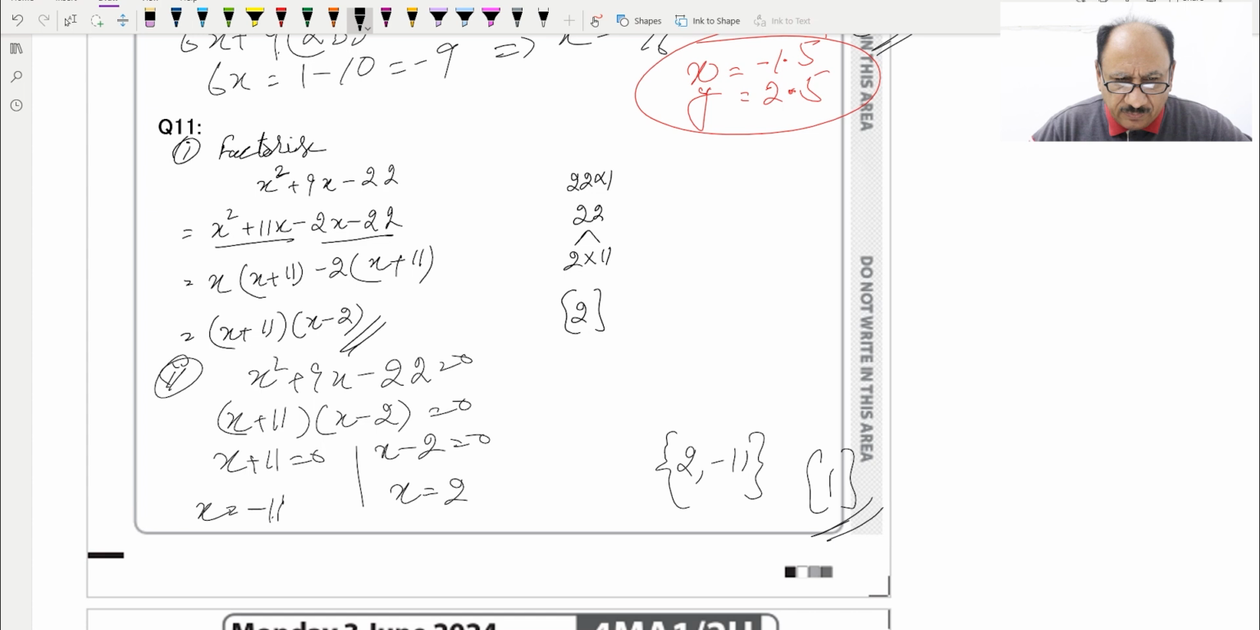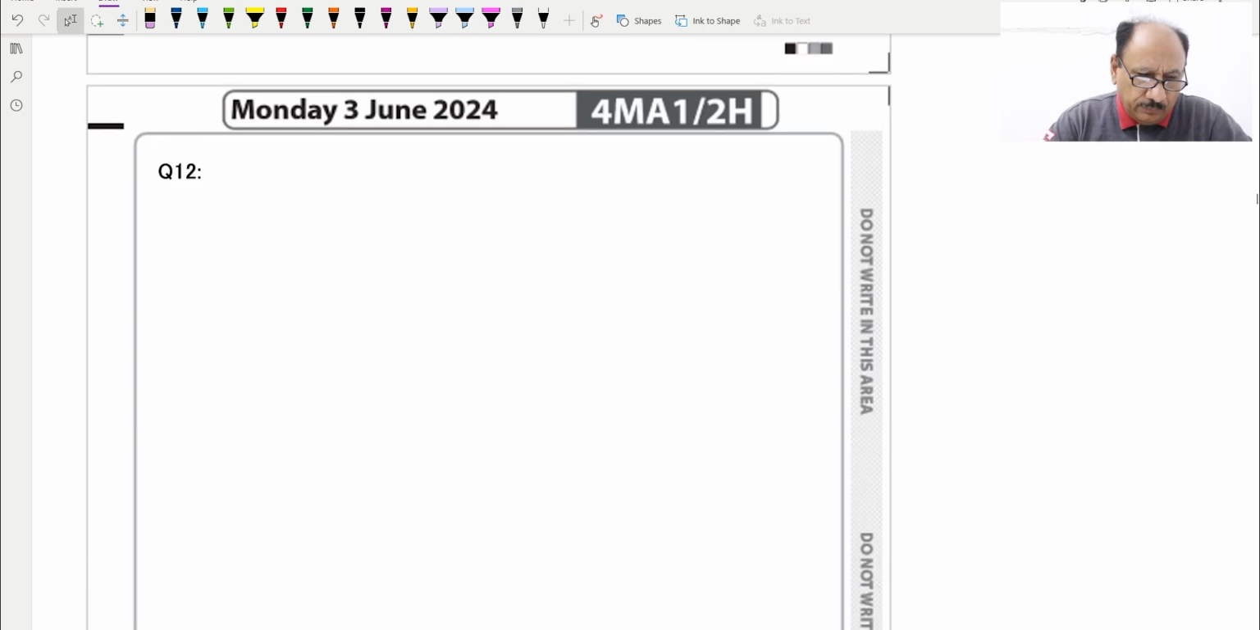We have utilized the previous part. So this question number 11 is total of 3 marks which we have done. So this was 2 marks part, and this is 1 mark part, so total is 3 marks part which we have done. Hopefully you understood this. Question number 12